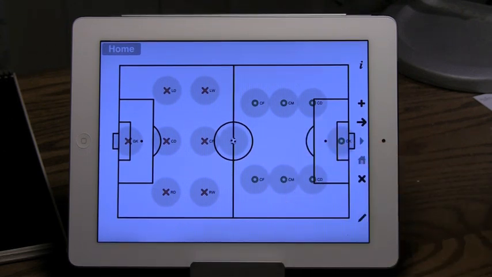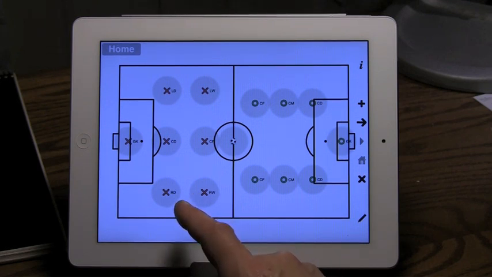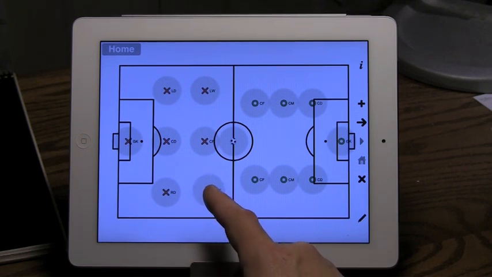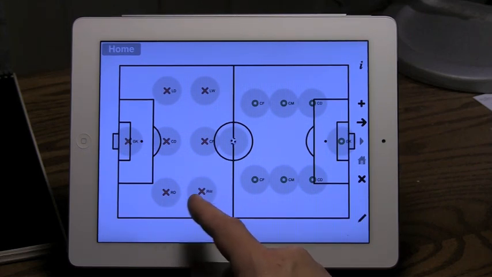Here you see grey circles, and I'm on what's called the home step. So in this particular step, what I'm doing is setting the initial positions of my players. The grey circles tell me first I'm in the mode where I can drag players around, so it gives you just that indication. The other thing it tells you is kind of where you can touch in order to drag